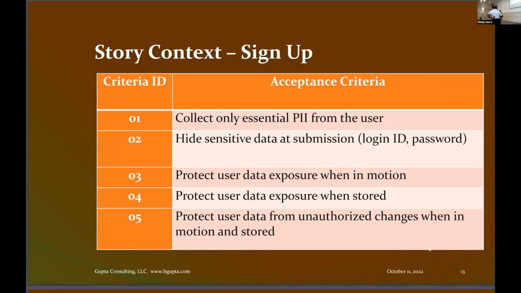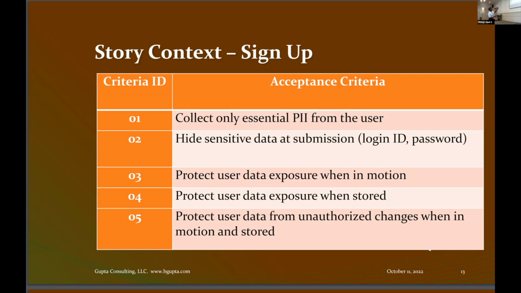Okay, so let's go through a story, and this story is sign up. Sign up basically means that you are new to the system, you're new to the web portal, and you are trying to establish yourself with the web portal. So you're going to sign up first. If you break that down, there are a few stories.